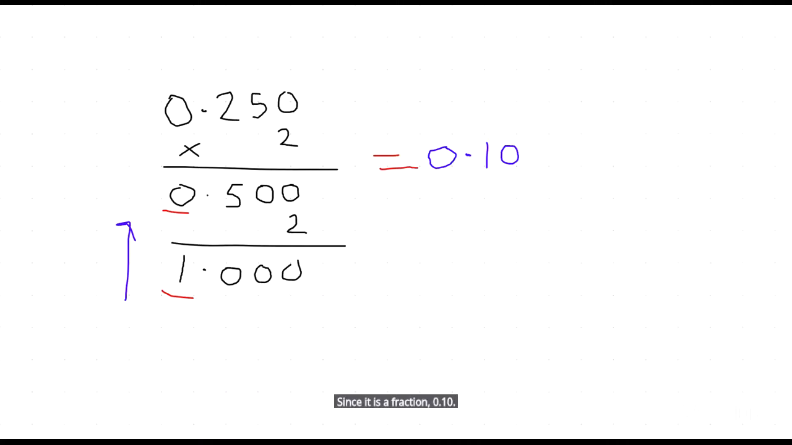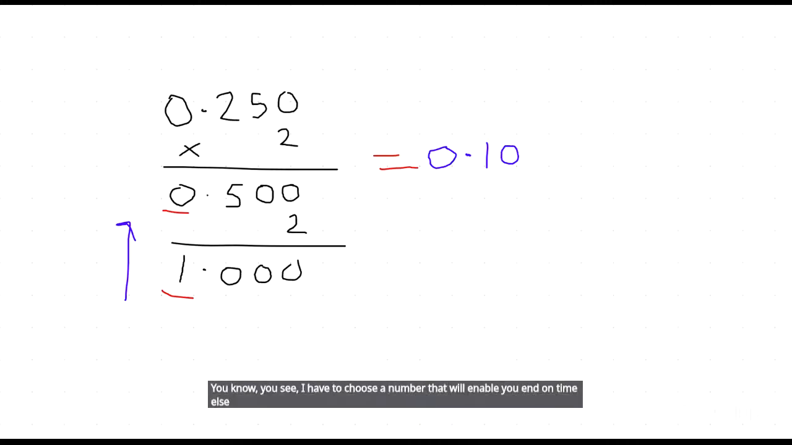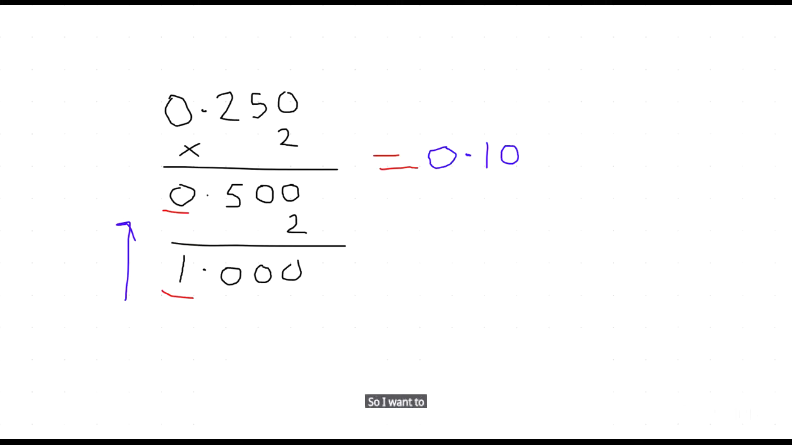Okay. Let me do another one quickly. You see, I have to choose a number that will enable you end on time. Else, if I give you a number, just be multiplying by 2, your time will go. So I want to check a number that can, how do I go now? Let me check another simple number that will enable us. I'm coming. I'm just looking at. Okay, let's say